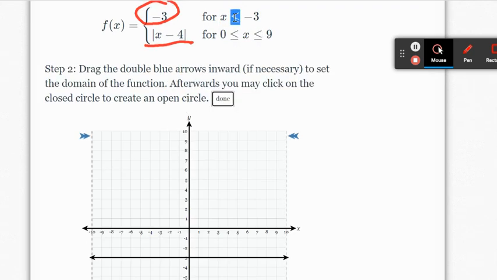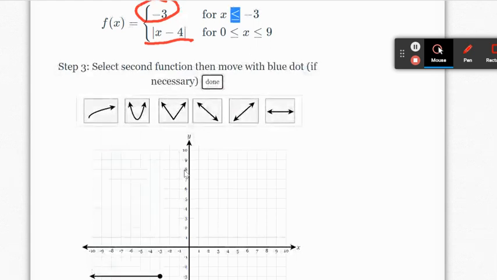Now it's supposed to keep going to the left, so I leave the left-hand side with the arrow. I just grab the right-hand bound and drag it over to -3, and then finish that graph, and it does have a solid dot, so I leave it. Notice it's kind of like a ray pointing off to the left, including that whole left-hand side, negative infinity to negative 3. And then I click done so that I can get my tools back and add my absolute value function to